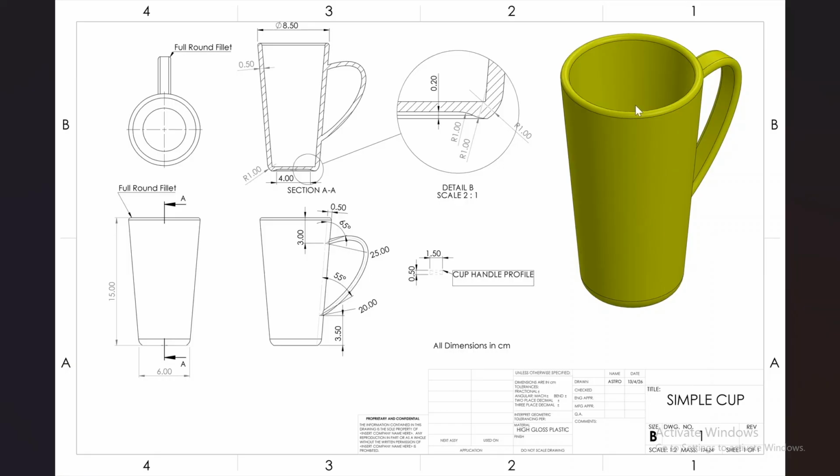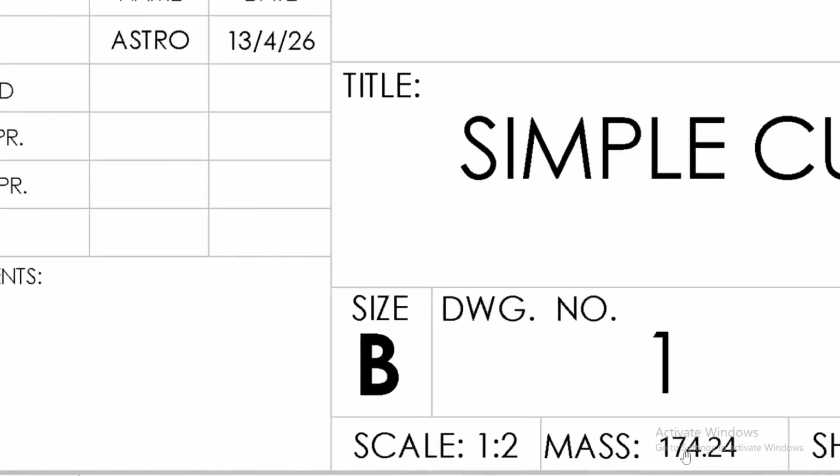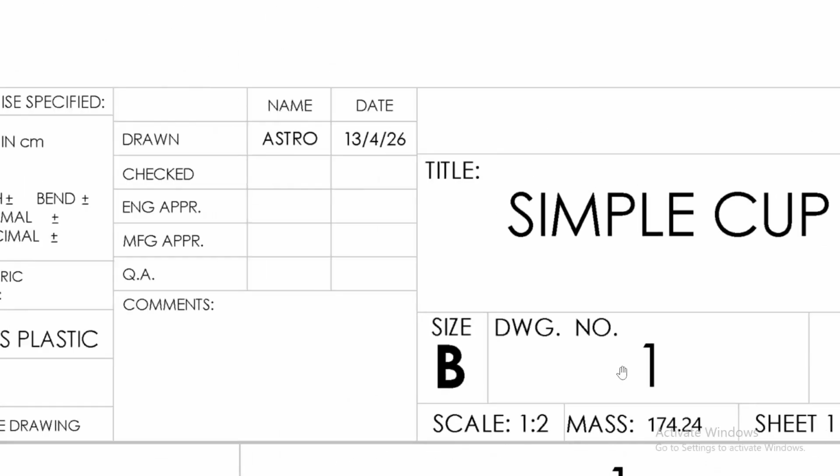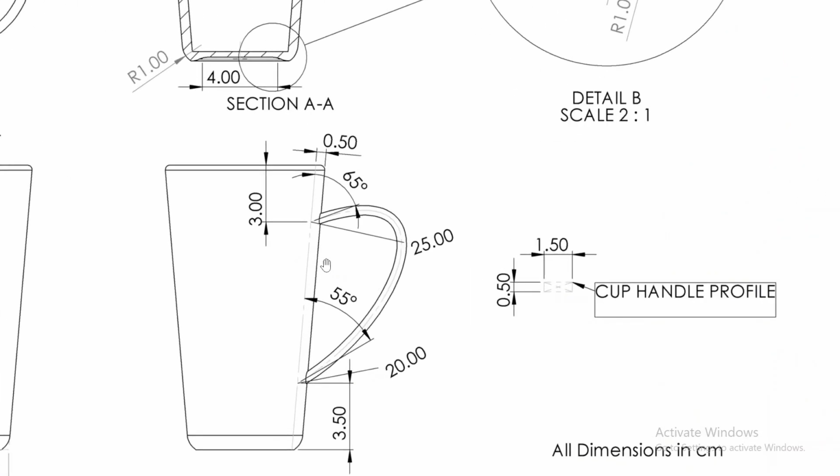Today's video will be modeling this cup, a simple cup, and these are the dimensions given. Here, all dimensions are in cm, and the mass of the cup is 174.24 grams. Okay, so we can model this cup